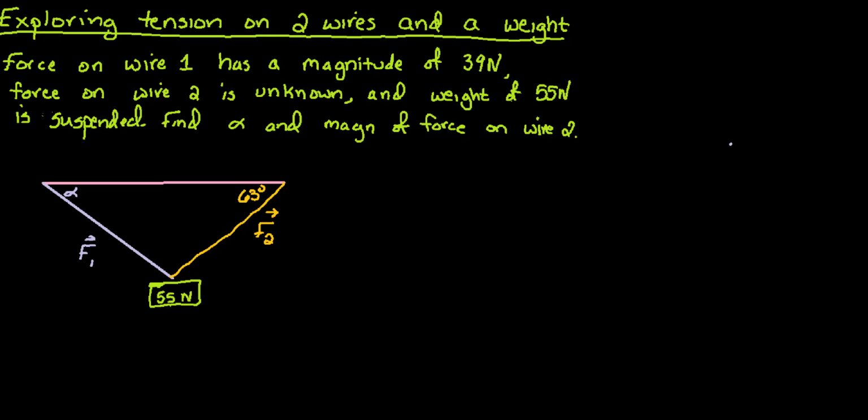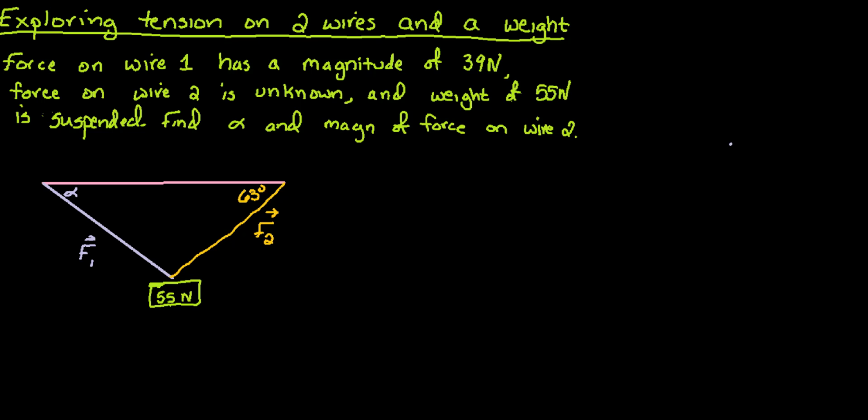Hi everyone, in this video I'd like to talk about exploring tension on two wires and a weight that is suspended. So we've got a diagram shown here, and basically we've got a force on wire 1, I'll call that F1, and notice I have a little arrow over the top of that to designate it's a vector. So vectors are things that have magnitude and direction, and the little arrow over the top of the symbol means I've got a vector. So I've got force on wire 1, designated by F1, and it has a magnitude of